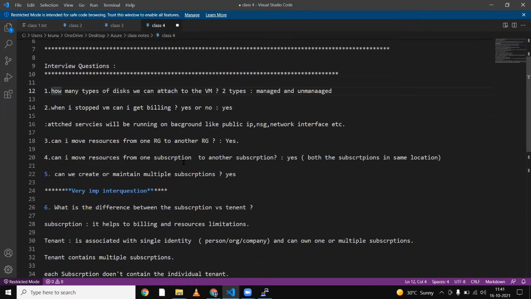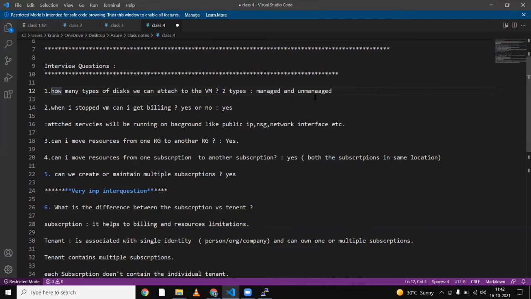A few interview questions: how many types of disk can we attach to the VM? Two types. First is managed, and second one is unmanaged. Managed means those are handled by Microsoft Azure.